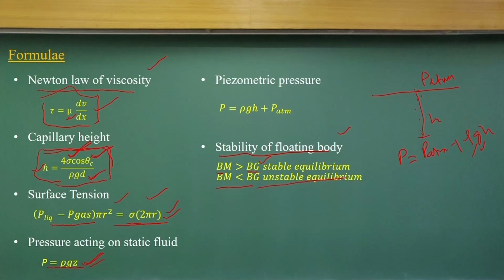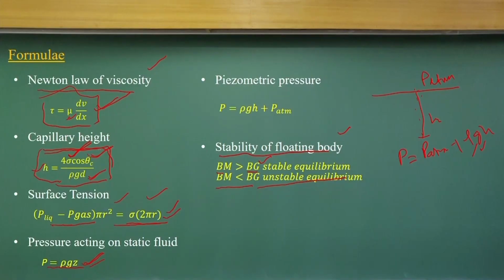Let me repeat these simple things. We discussed Newton's law of viscosity, which establishes the relationship between shear stress and the velocity gradient. Similarly, we derived the capillary height as a function of contact angle and surface tension, where D stands for the diameter of the capillary tube, or you can equate the force due to the pressure difference